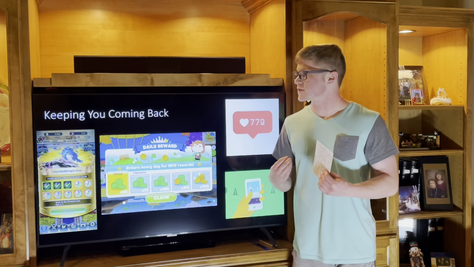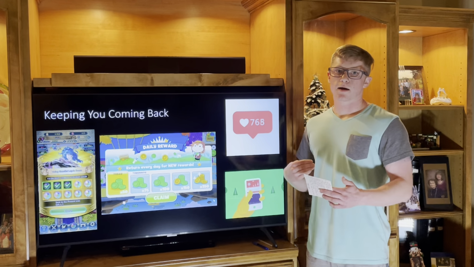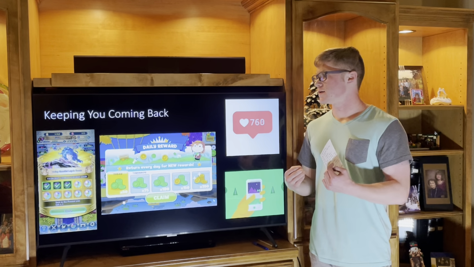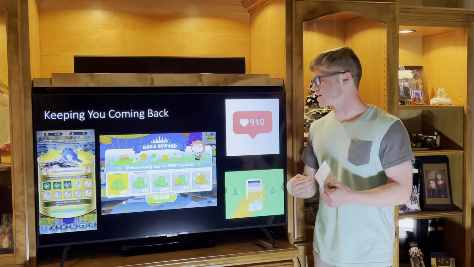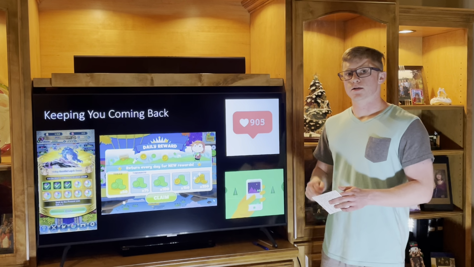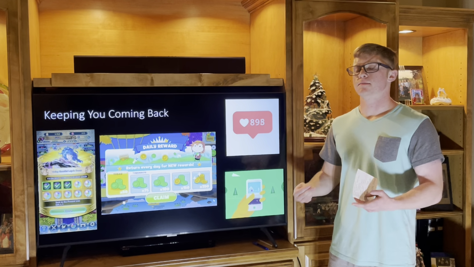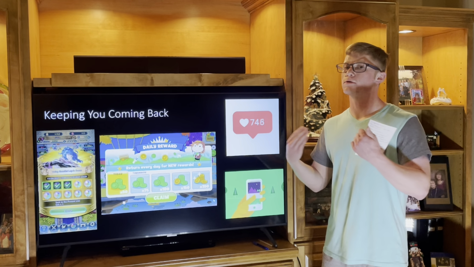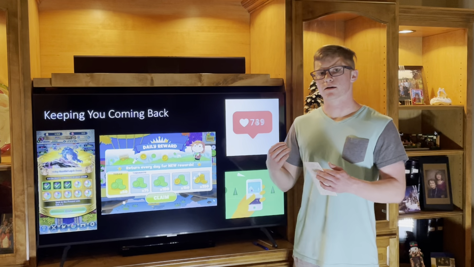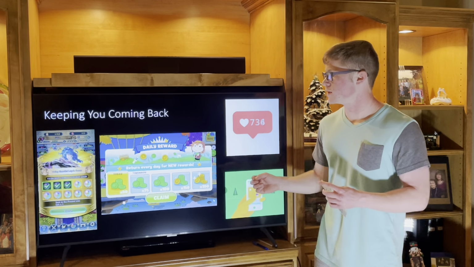And another important thing to keep in mind is the way that the app, game, or software keeps you coming back. And the most common way is it gives you that sense of dopamine again. So dopamine, just like from drugs and alcohol, can come from some type of reward, a like, a laugh, or you learn something that makes you feel good inside, that makes you want to go back to that app because you saw something funny. And a common way that you will see is the daily login bonus, in which you'll notice